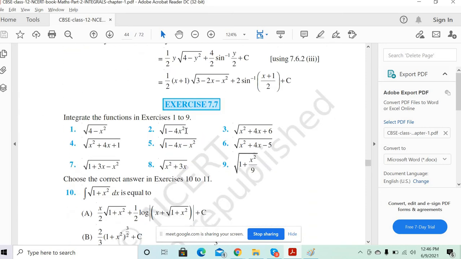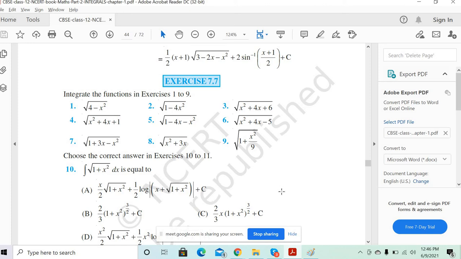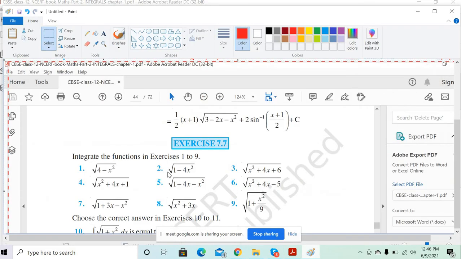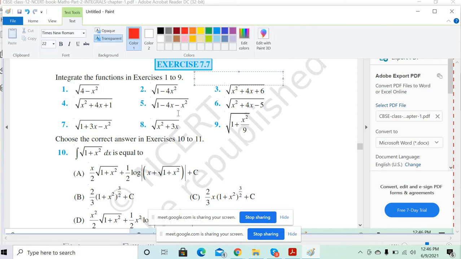Square root of 1 minus 4x square. Can we try this part? Second question. Second one, yeah. First one not required. What is there first? Nothing is there first. Copy paste. Okay, sir, I'll do it. Yeah, let's do the second part. Second part is the only interesting part. So how will you do the second part? Let's see your method. Let's check your method. How will you do that?